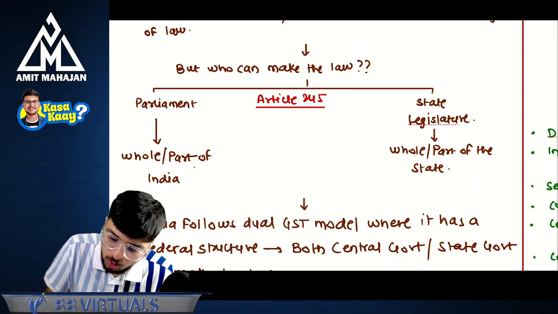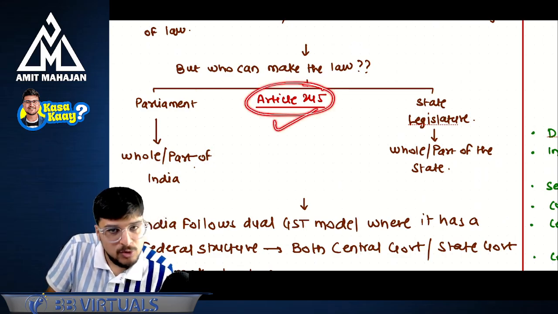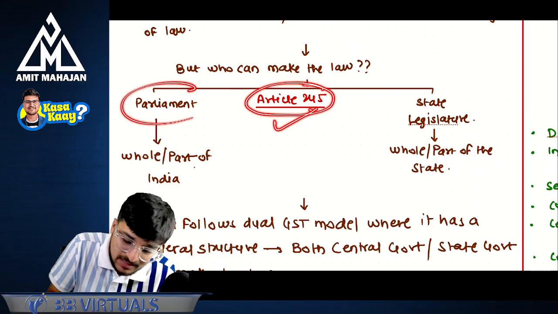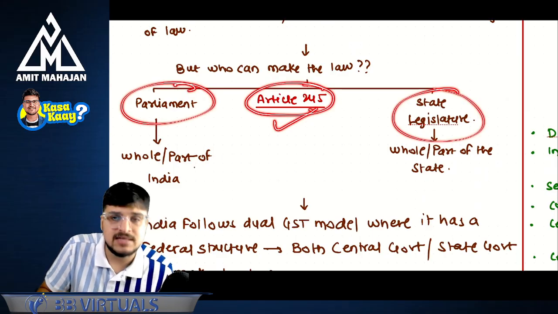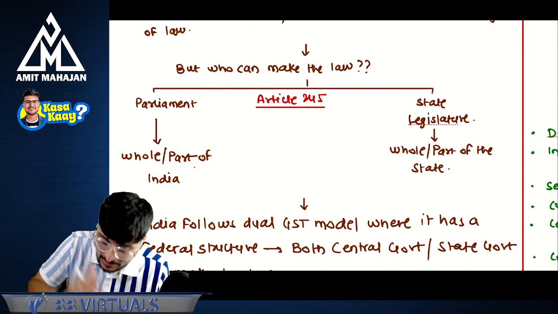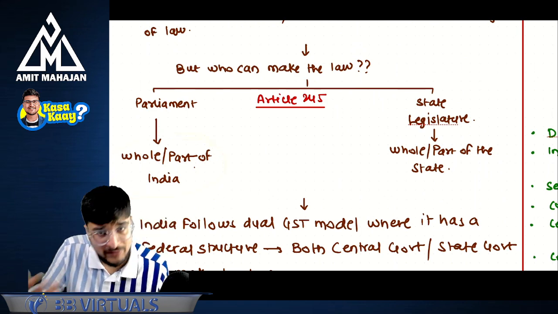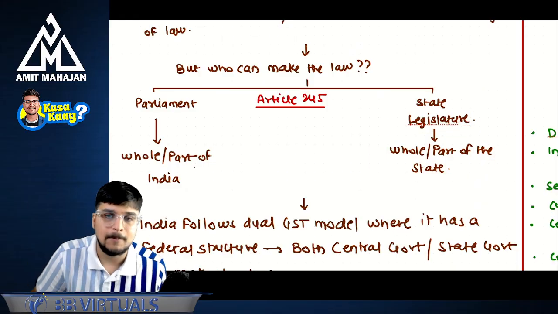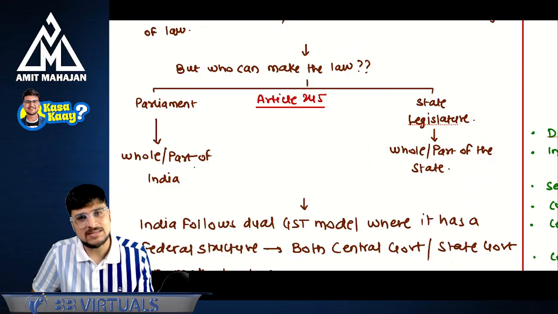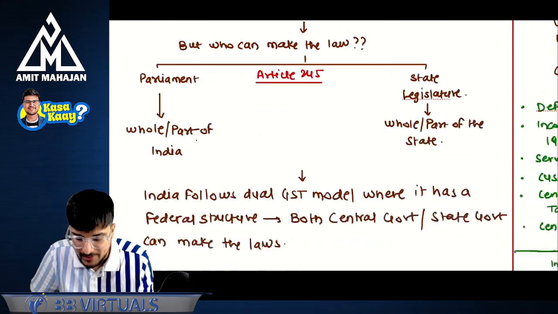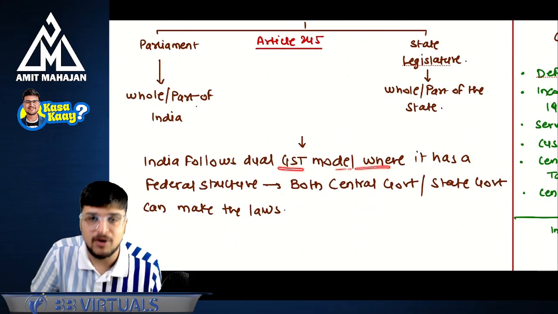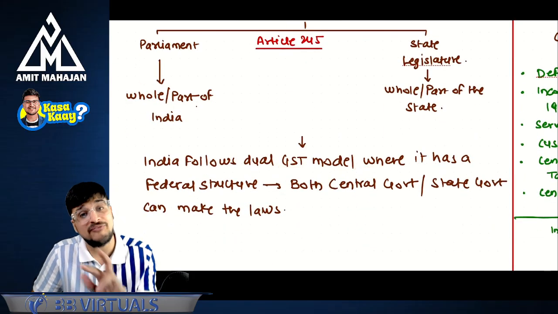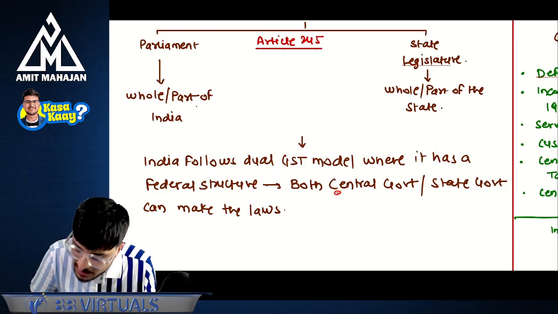Understanding? No problem. Who can make the law? This is given in Article 245, where they have said that parliament can also make the law and state legislature can also make the law. Parliament can make the law for whole or part of India, and state legislature can make the law for whole or part of the state. Understanding? And India follows a dual GST model,